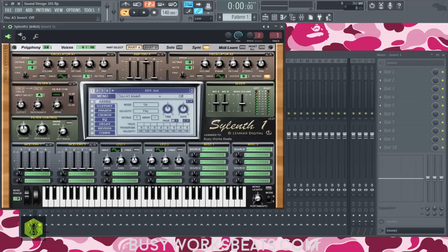So let's go to the volume knob. I'm pretty sure you know what volume is at this point. You can lower the volume, raise the volume. That's important when you're layering sounds. Some sounds you don't want to have all the way up if you're layering the sound. Some sounds you want to have at low volume. And I'll show you different characteristics of that.